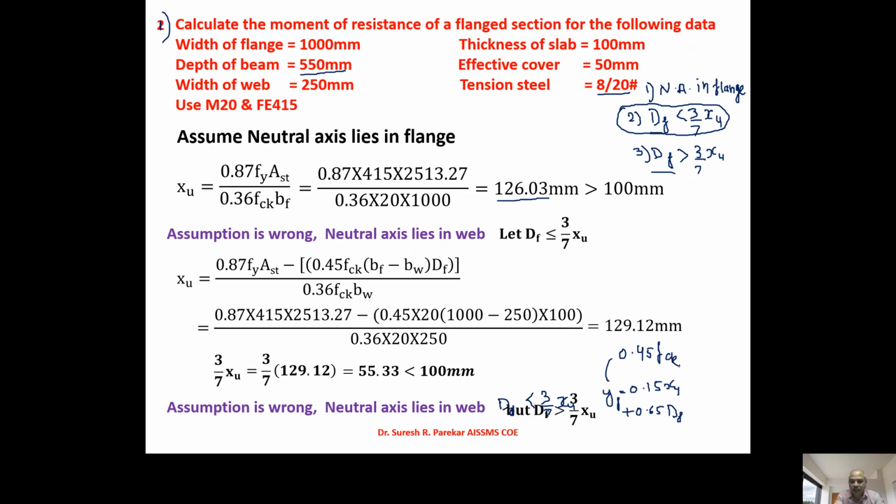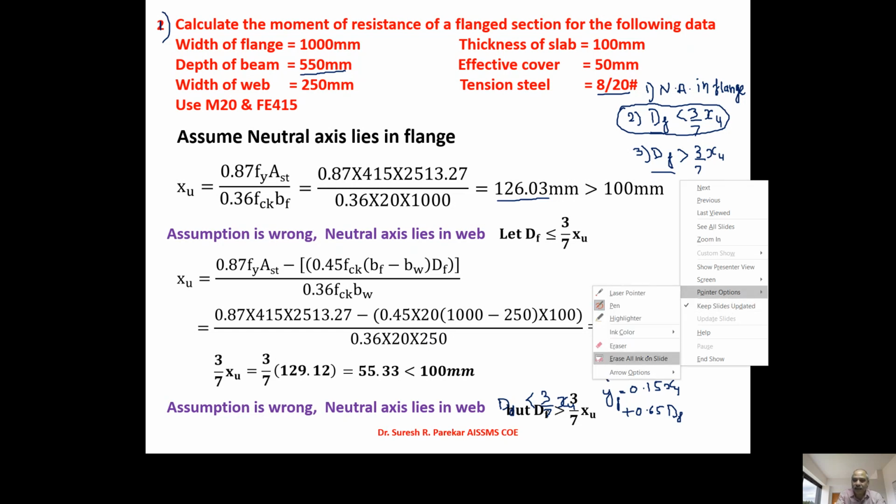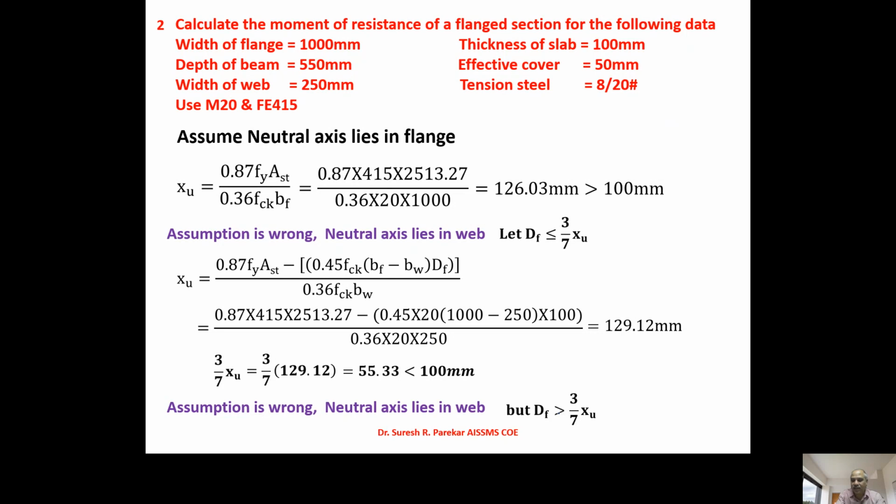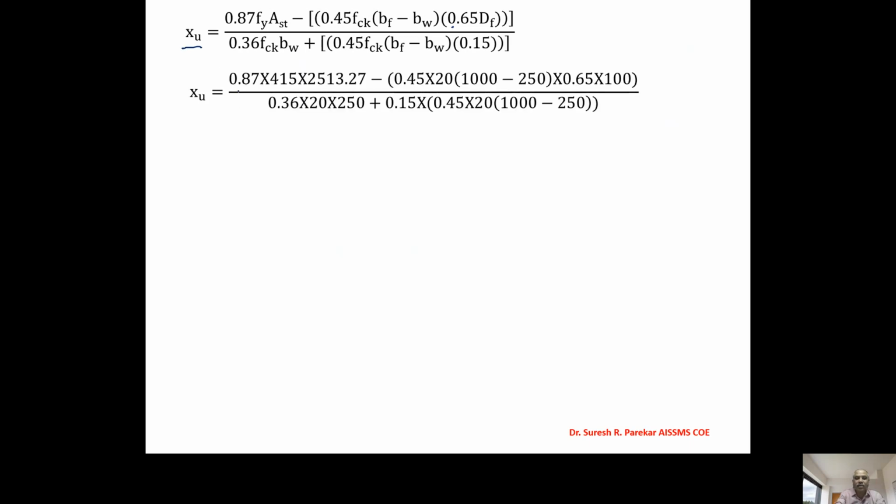So now you can see, that is df greater than 3/7 xu, and now we will go with that step. So you can see here we have minus 0.45 fck (bf minus bw) yf. We are going to separate out 0.15 xu and 0.65 df. Xu we have taken common, and from this we are going to get the value of xu equal to